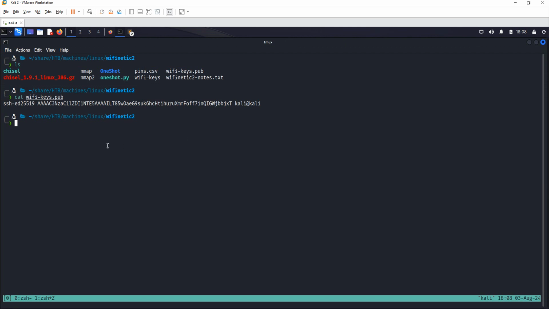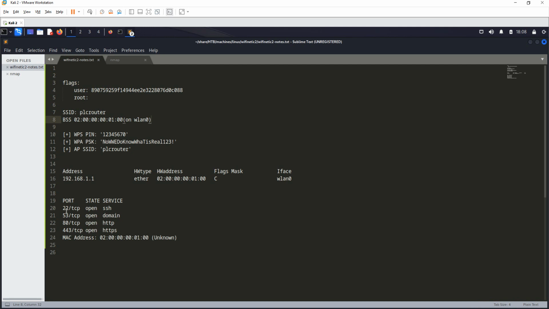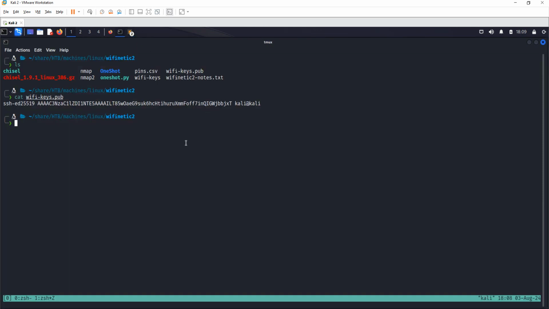What we do now is, we have to use proxychains because we can't access that particular port, port 22. This port 22 is a local port, only reachable internally. Because we already port forwarded all the ports, we have to use proxychains to access port 22 if we want to SSH in. So we say proxychains ssh -i. The identity file we're going to use is wifi_keys, and then we say root at